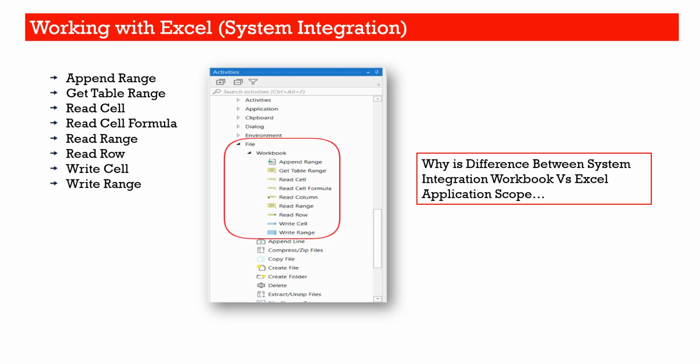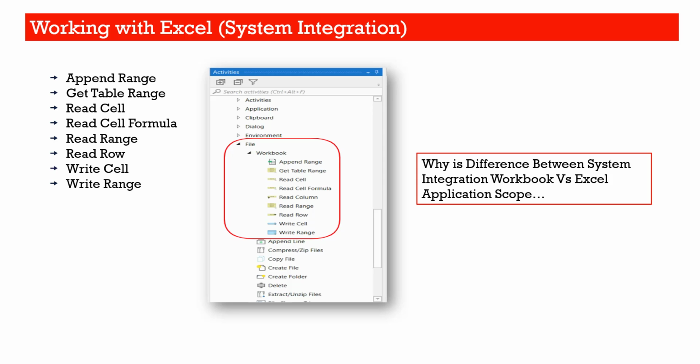So if you have to work with charts, in those cases also the Excel application scope will be used. These are high level differences. You can read more in the UiPath official documentation. But let's quickly move to how we can work with Excel activities first, and we'll also look at how we can work with the workbook activities.